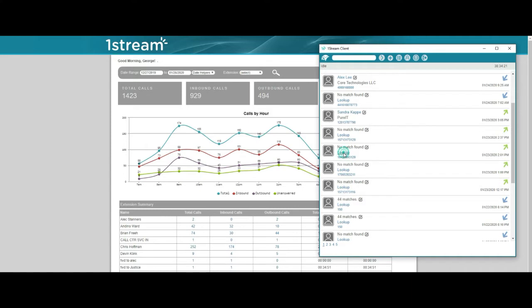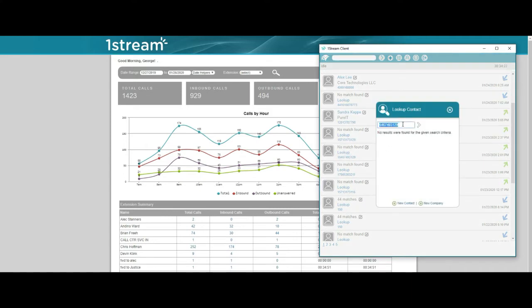Ultimately, you can attach a number also to a contact that's already in the database. So you could search for the company, and then it'll immediately show you anybody underneath that company, and you just select the person and save it. Or you can just search by name, and you can ultimately find the right person. Save that number underneath their profile, associate the call. Again, goal here is to match people with companies or contacts within your system.